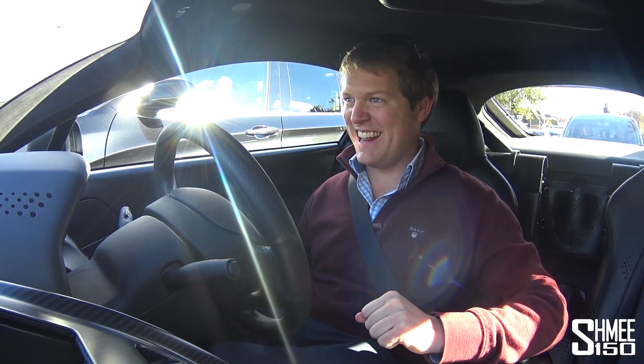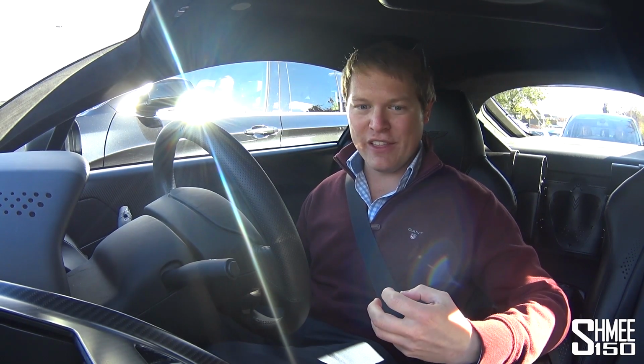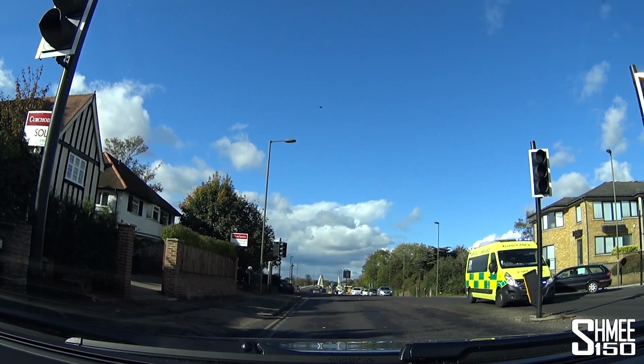I'm just itching to put it in gear and go here, rather than sitting still to get some sound out of it, and drive it and feel this gearbox. And you can enable AM shift by holding the sport button. I'll do that later on, where it then will immediately let you go up through the gears without having to